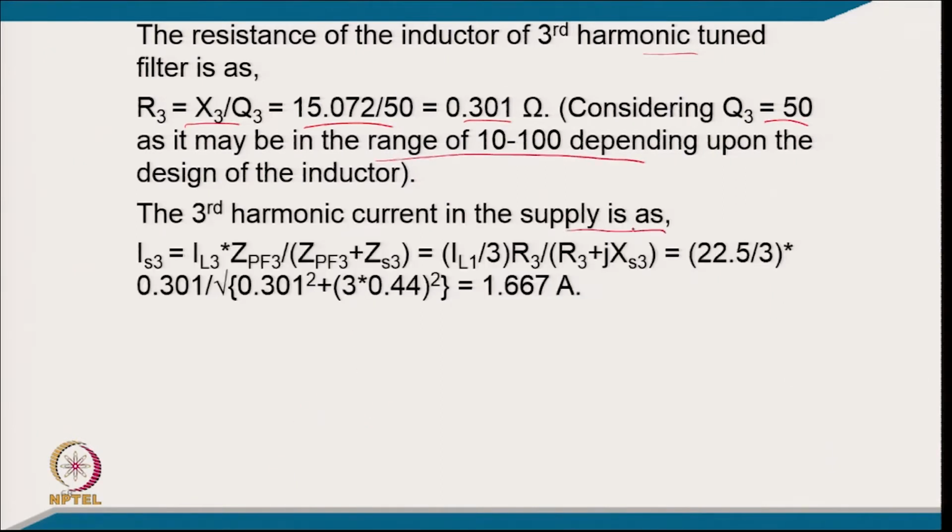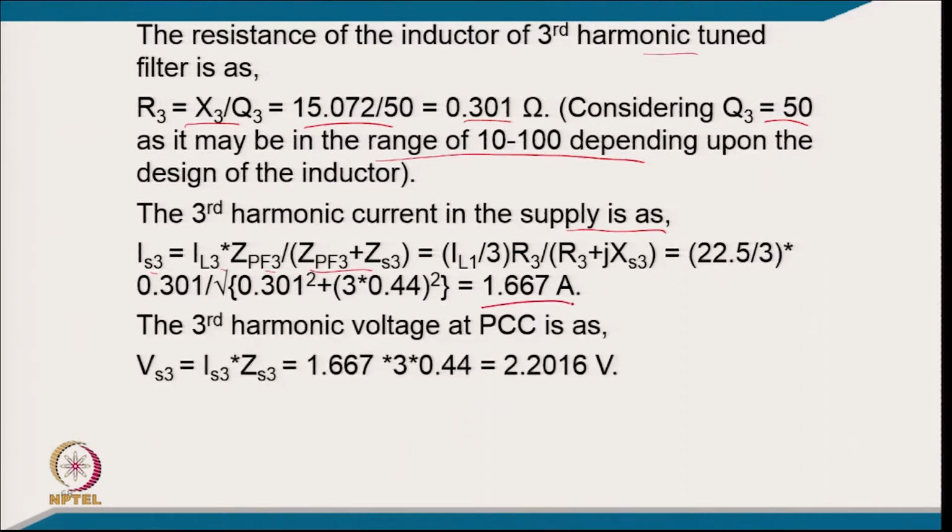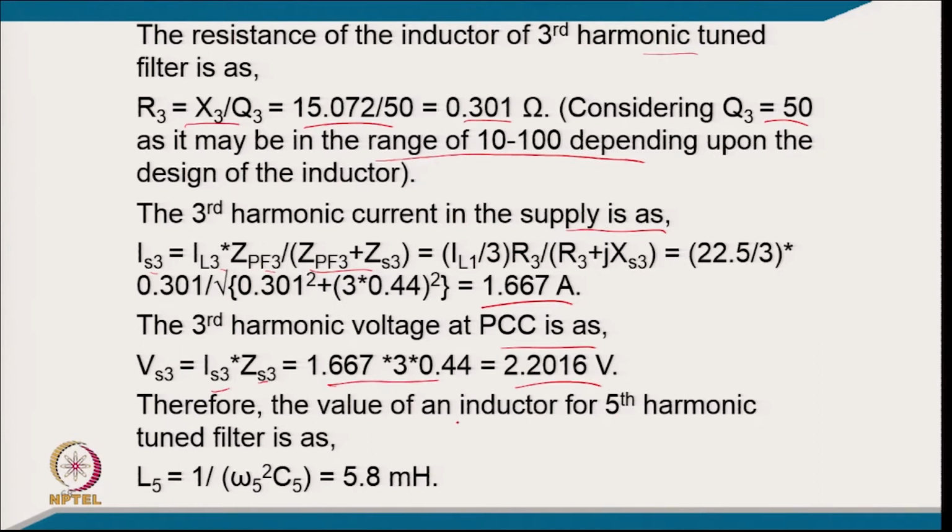The third harmonic current in the supply will be IS3 equal to IL3 into ZPF3 divided by ZPF3 plus ZS3. So, putting the value, it comes to 1.667 ampere, and the third harmonic voltage at PCC will be IS3 into ZS3. So, it comes to 2.2016 volt,